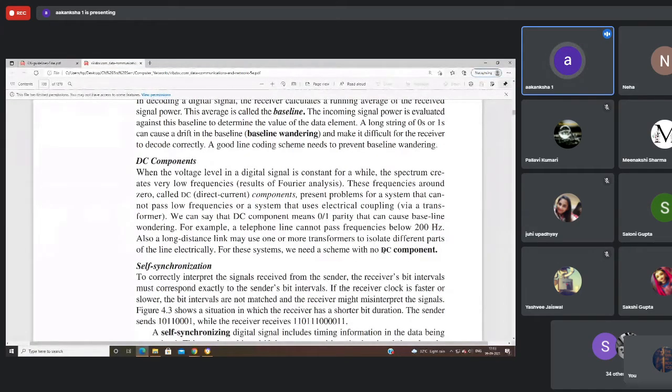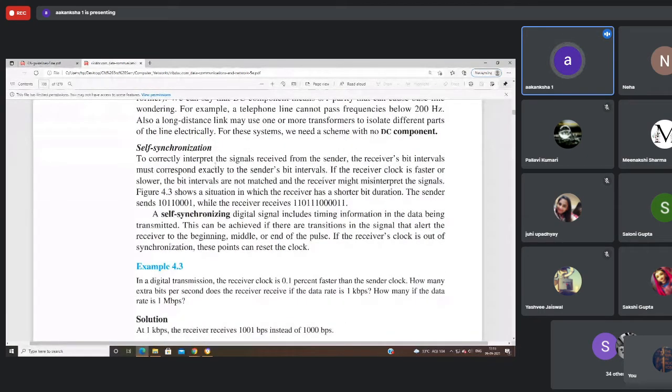So for these systems, we need a scheme with no DC component, because DC components have all these problems of baseline wandering and zero frequency components, and the transformers and electrical filters may not pass these low or zero frequency components. So these are the problems with digital signaling when we are only using static or discrete voltage levels. Then another problem is